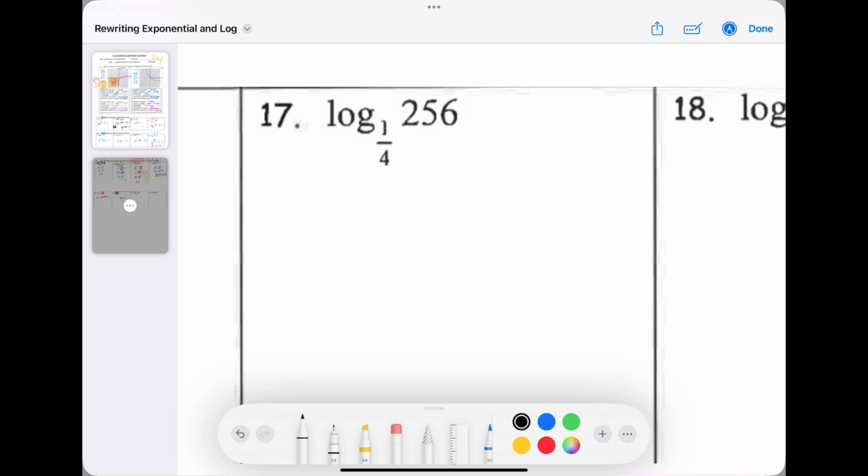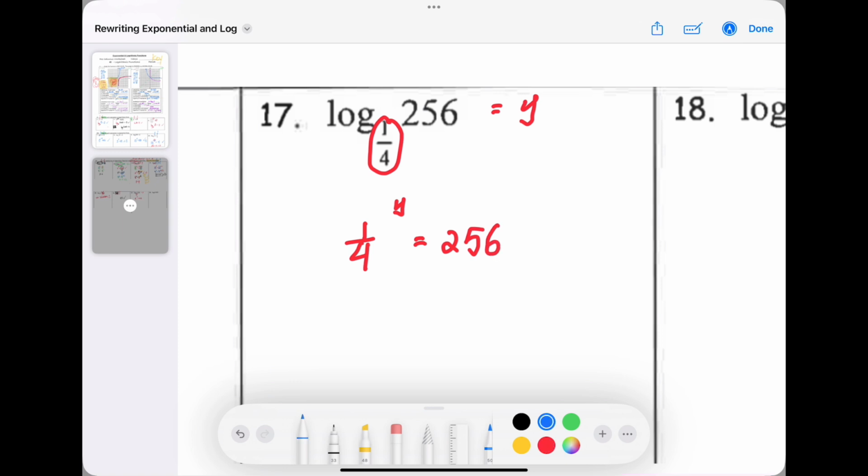Moving on. All about a base. So what do you notice? My base is 1 over 4. Pretend that is equal to ugly number, okay? Log base 1 over 4 of 256 equal to y. So all about a base. 1 over 4, switch x and y. So 1 over 4 to the power y should equal to